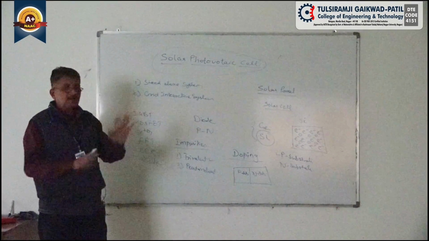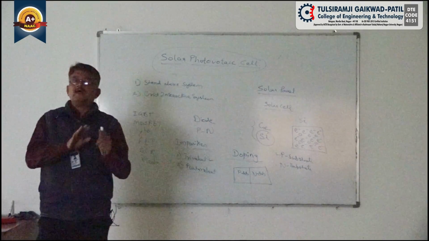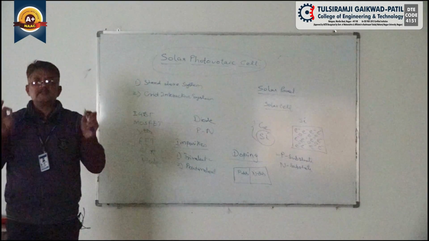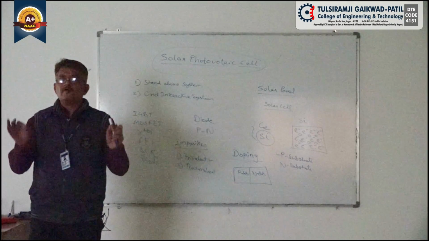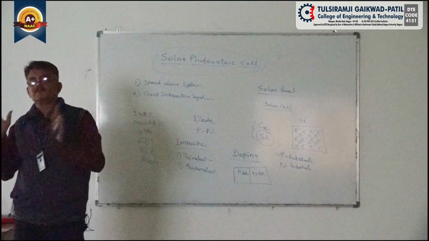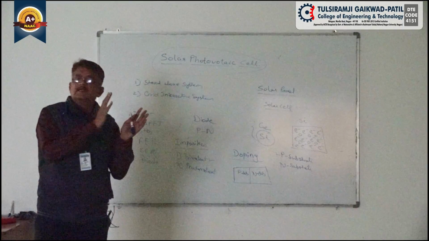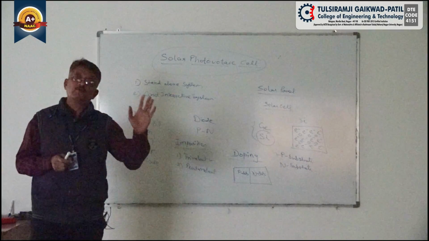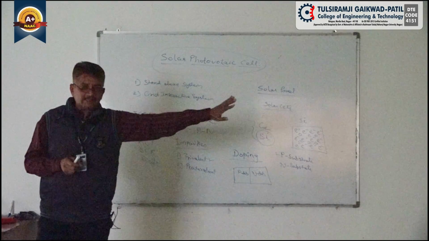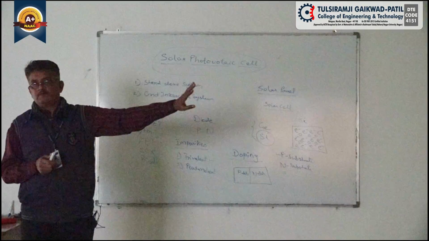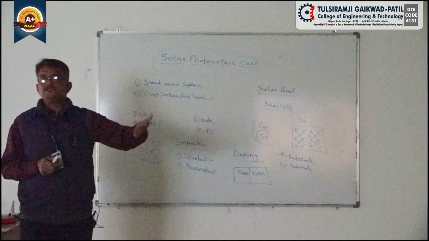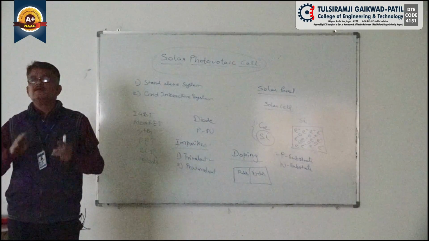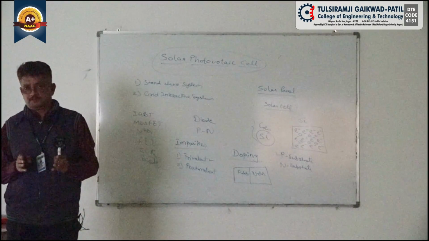rays. Because, for your kind information, we are not concerned about the ultraviolet radiations of the solar energy. We are only concerned about what? The number of photons which are received by our solar cell. There is a difference between ultraviolet radiation and the number of photons. Ultraviolet radiation is responsible for generation of heat. So that is another application as far as solar energy is concerned, which is used for heating purpose. Whereas as far as the generation of electricity is concerned, we are considering the number of photons,